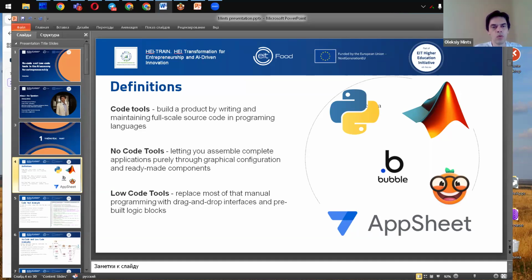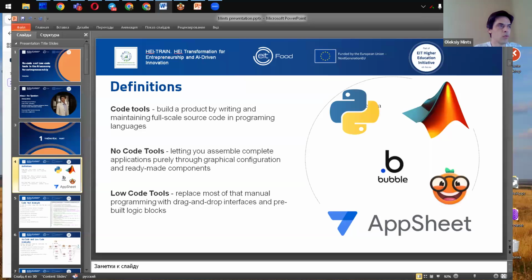No-code tools go a step further by letting you assemble complete applications purely through graphical configuration and ready-made components. So the entire solution can be created without writing any code at all.